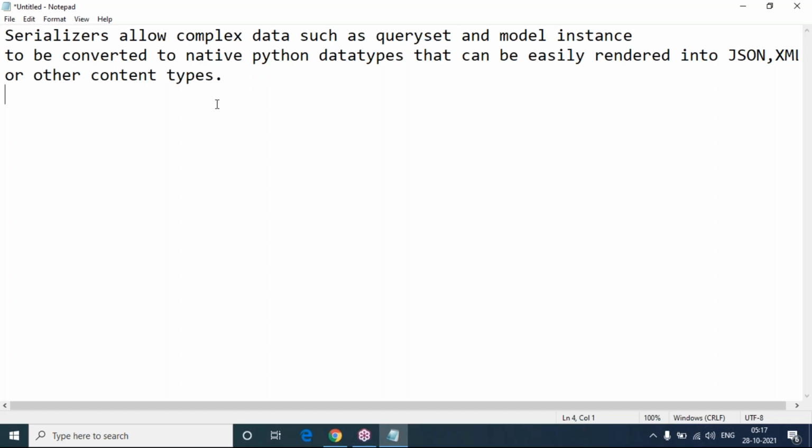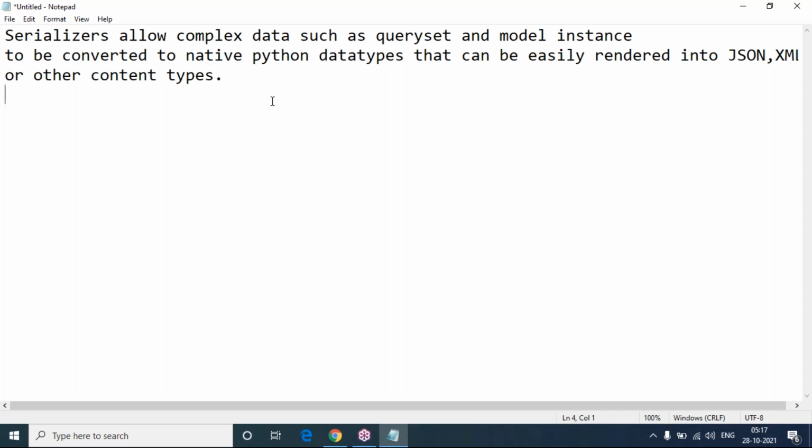I'm giving an example clearly, and I'm going to show you the practical implementation. Now I'm going to create my Python query set and model instances. I want to convert these model instances into Python data types like a dictionary.